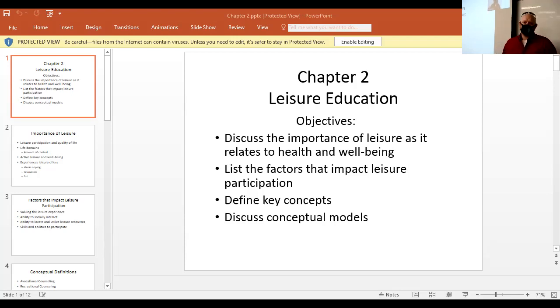Conceptual definitions. As a recreation therapist, we are not counselors per se, but we do build a rapport with our clients. The places I've been, we're the favorite people, the favorite staff there. We're the ones they want to come see because we're the fun ones. We're going to do stuff with you. We're going to play games and trick you into getting better. Basically, if you're doing it the right way, that's really what you end up doing.